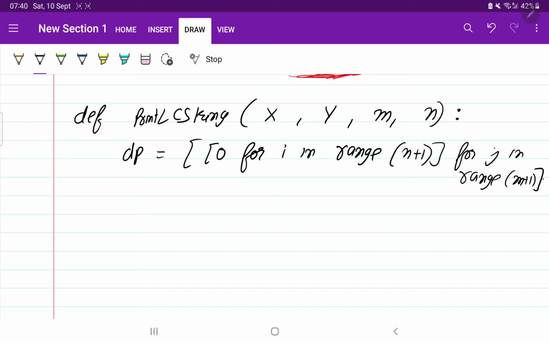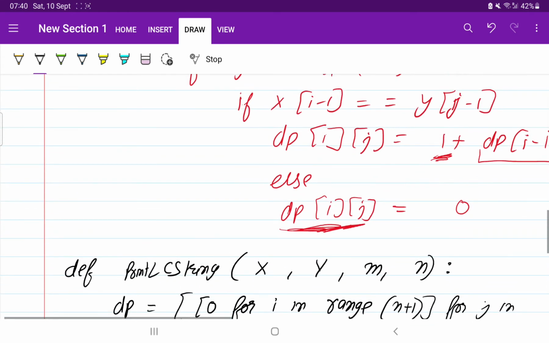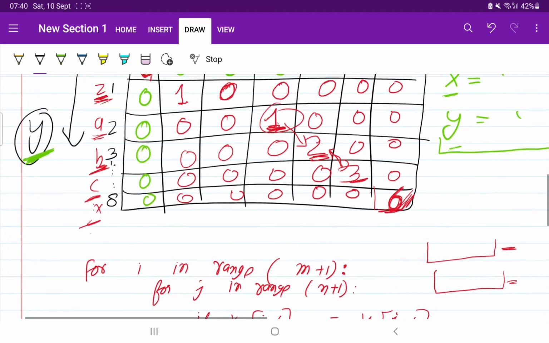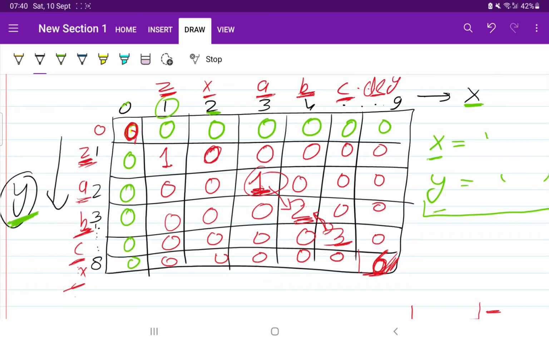Now let us define the longest, we are going to store the length of the longest common substring. In our example we have only one common substring, that's why we got this directly. But there may be cases where we get the longest common substring in a mixture.